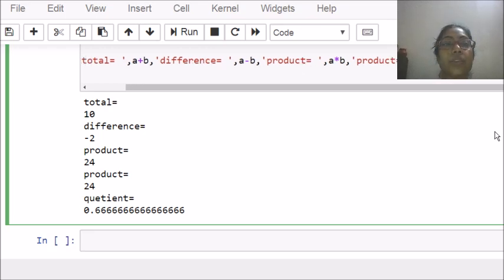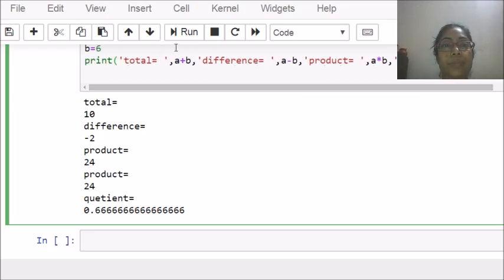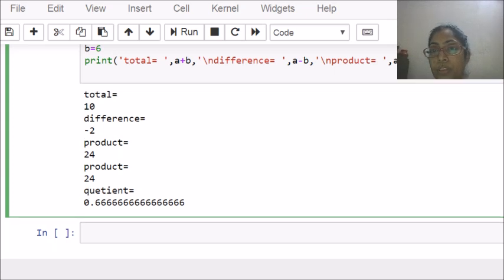What else I can do? I can insert a new line character before difference and another new line character before product. Product I have got twice, so I am removing one from here. Okay.